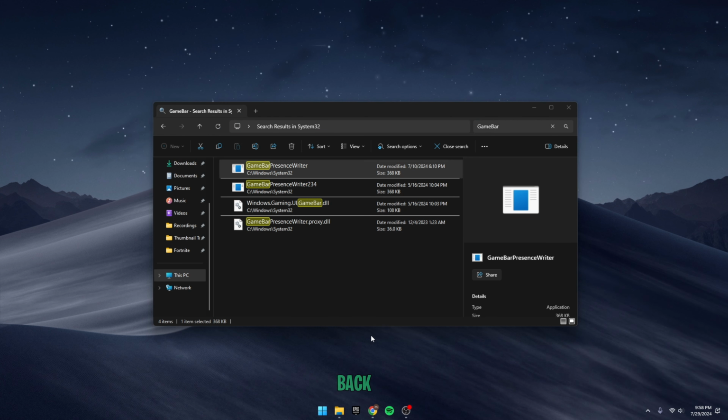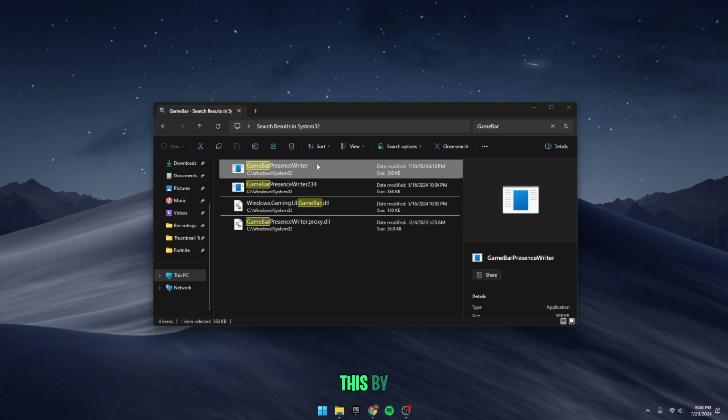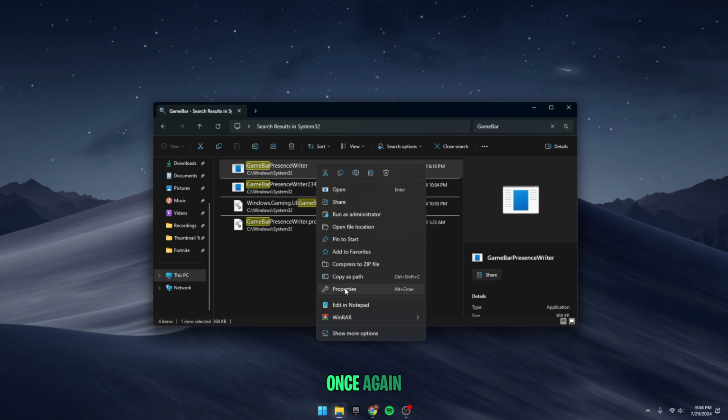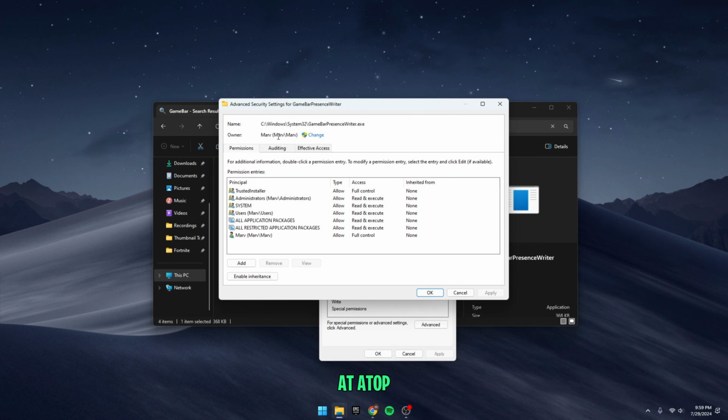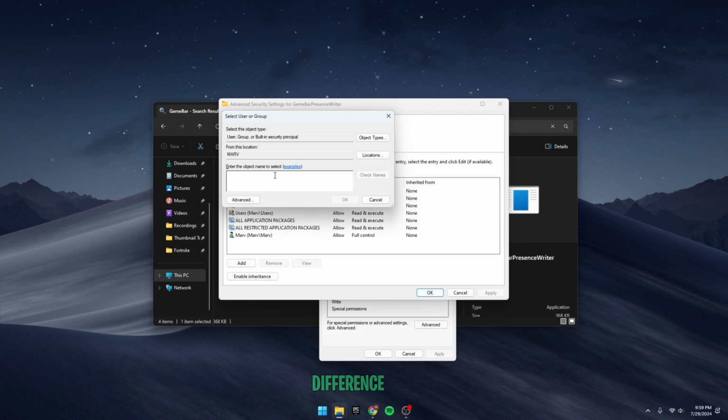Now that we've taken ownership of the file and assigned full access to our account, we need to change the ownership back to its default setting. You do this by right-clicking on Game Bar Presence once again, going to Properties, Security, Advanced, going to the owner at the top, and selecting Change. The only difference this time is that we're not going to be typing in our username or email address. Instead, we need to set this back to the default Windows ownership. You can do this by typing in